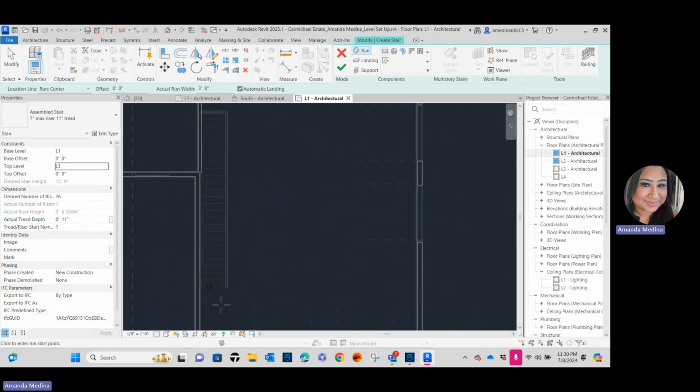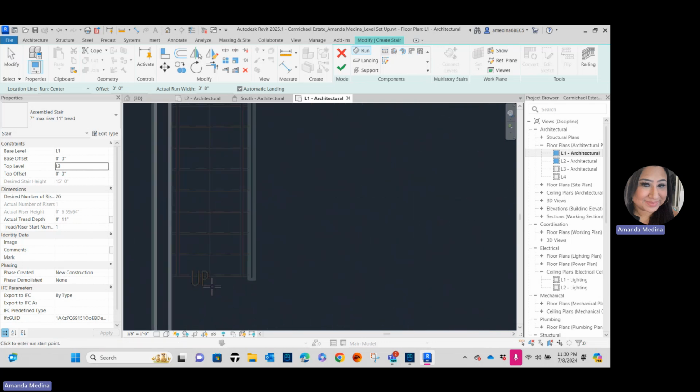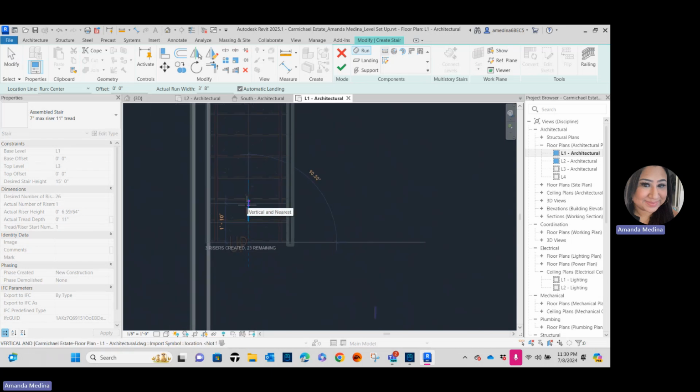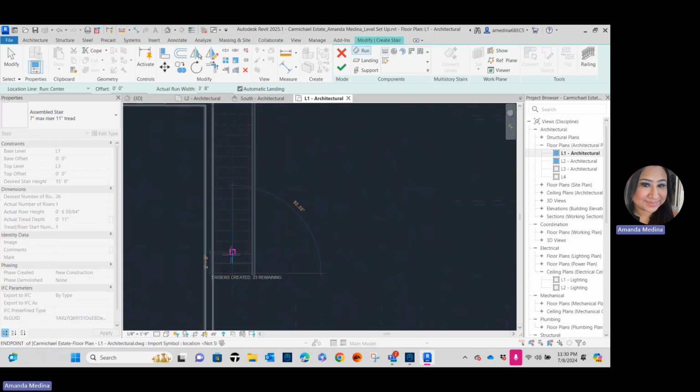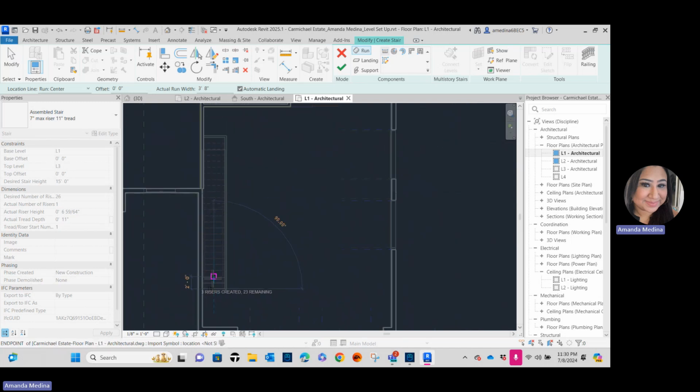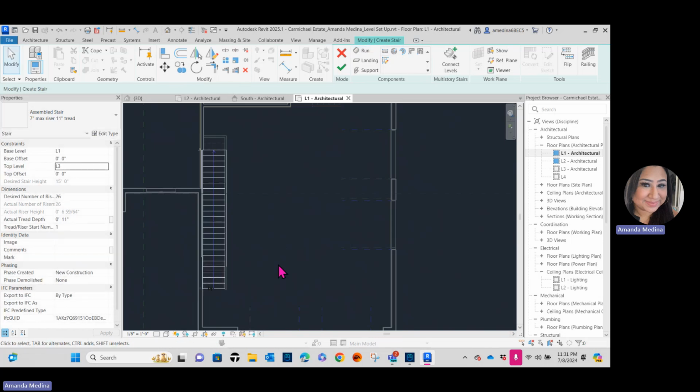So again, we're going to do the same thing. I'm going to zoom in and get the center of the stairs on my CAD base. I'm going to click once. That same text appears that tells me how many I've created and how many I have remaining. So I'm going to zoom out so I can continue to see those. And I'm going to drag up until it says 0 remaining. I'm going to click one time,